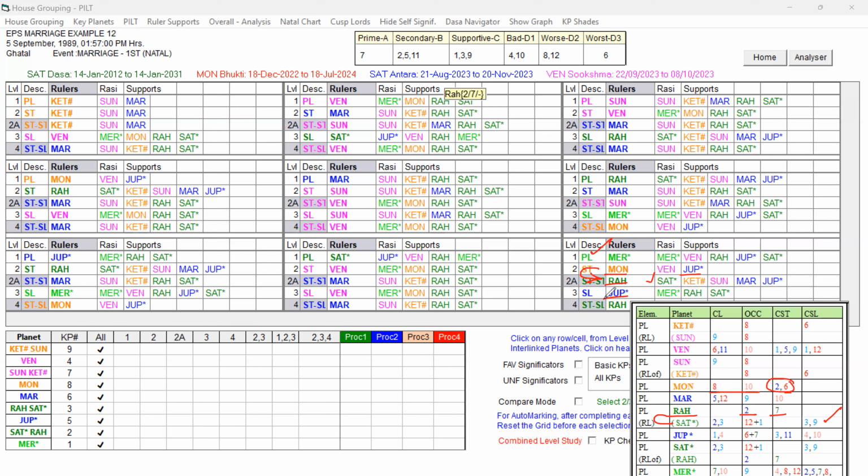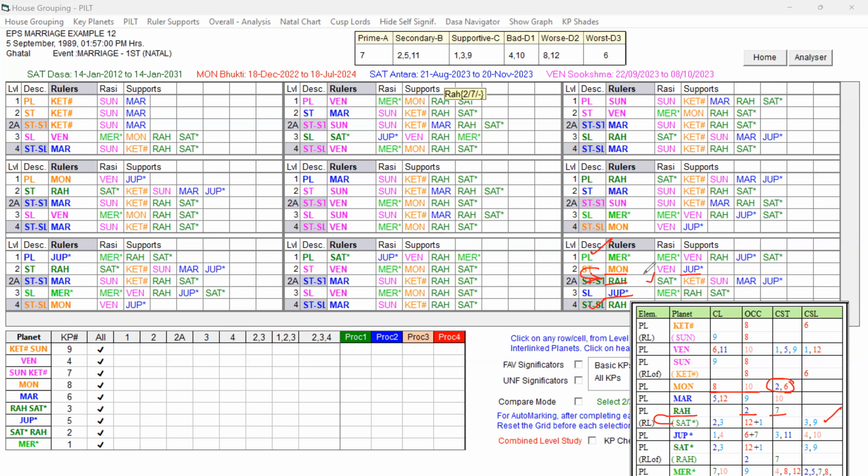And the sublord is Jupiter again. So Jupiter itself is playing a role as the sublord. It is also a mixed planet. And the star lord of the sublord is again Rahu. Rahu is playing at two levels. It is good. So what does it mean? The 7th cuspal sublord planet and 7th lord is also Mercury,